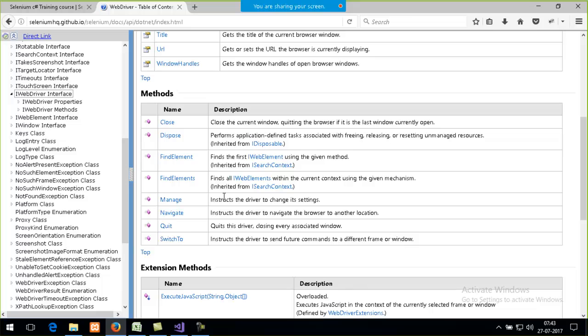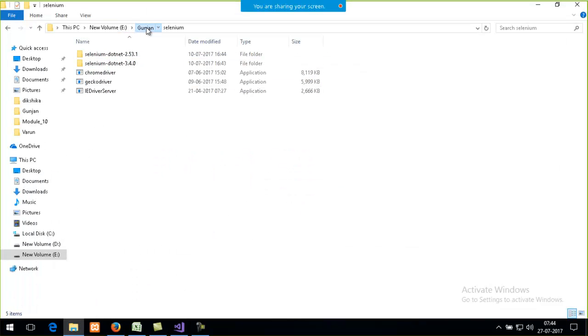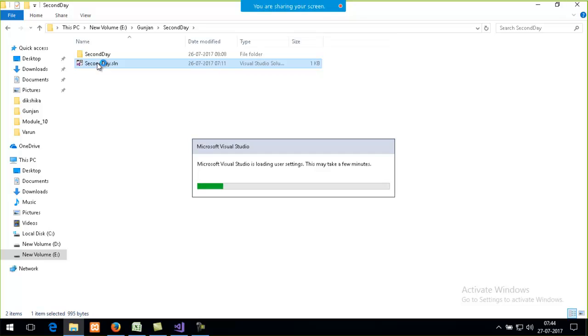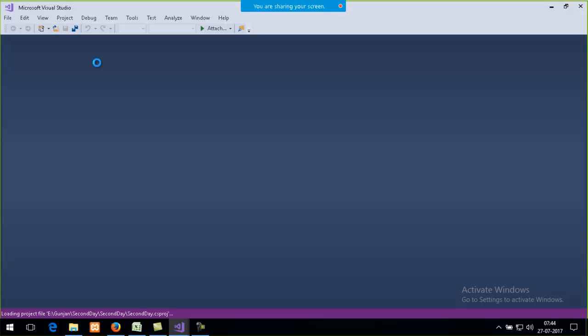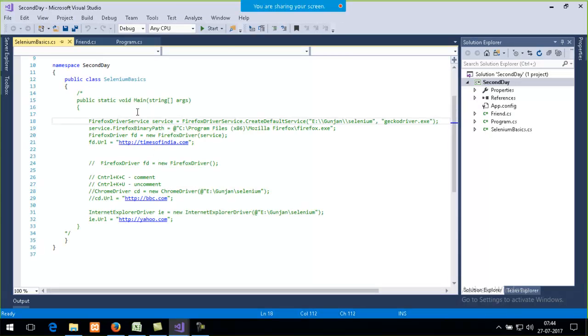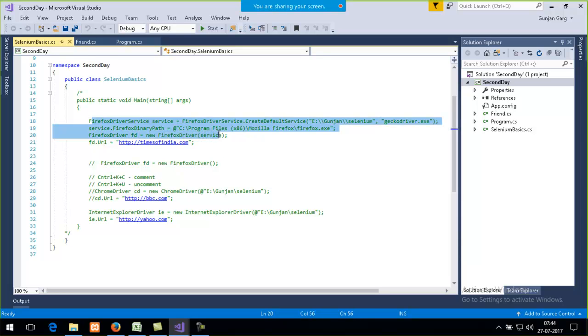Right. And then we have seen, I think, in yesterday's class, if I open yesterday's project, I'll just show you. Yesterday we discussed how we open the three different browsers. In order to open the Firefox browser, we need to write 3 lines of code, that is, we have to give the path of the gecko driver.exe, and similarly for the Chrome and the IE driver as well. But then you see that in order to navigate to a particular URL, we were just firing